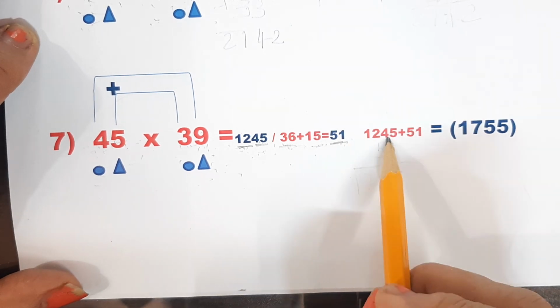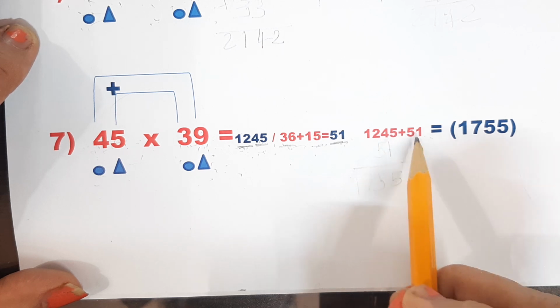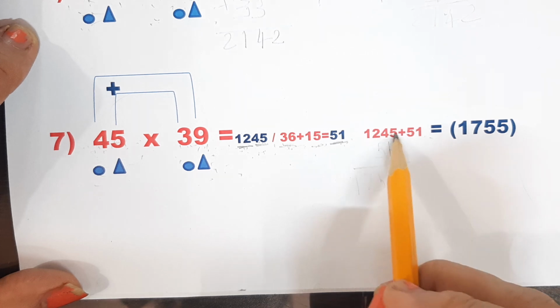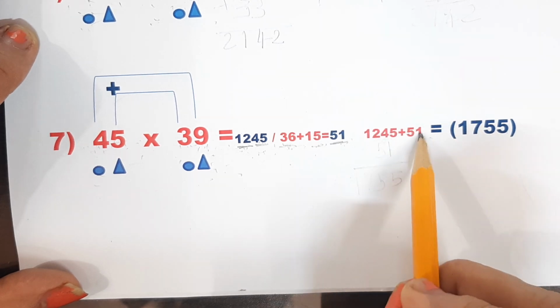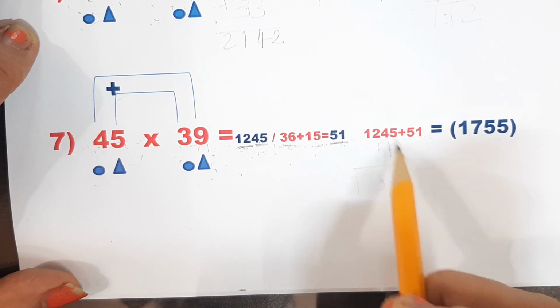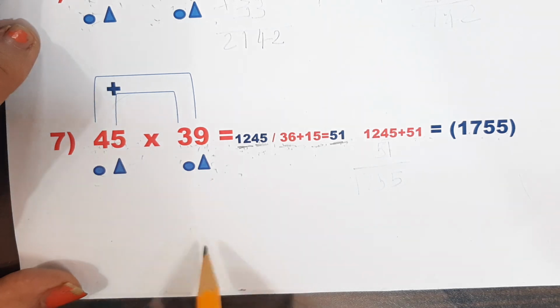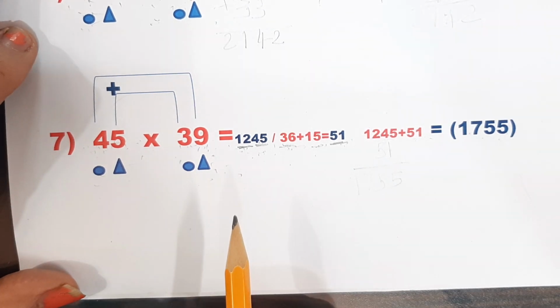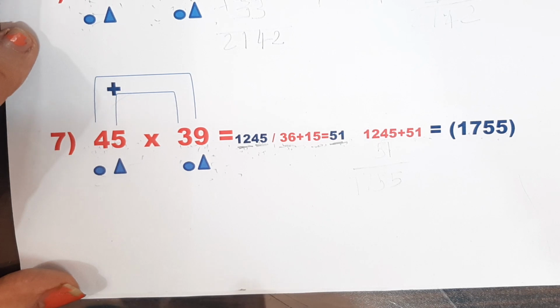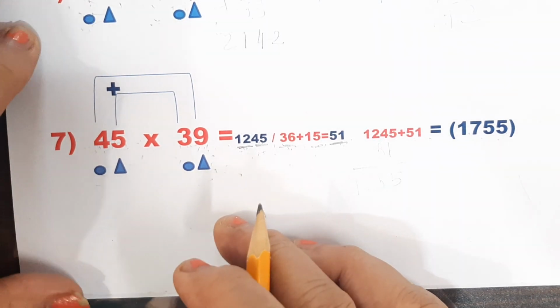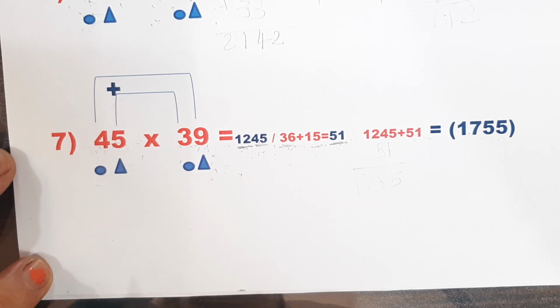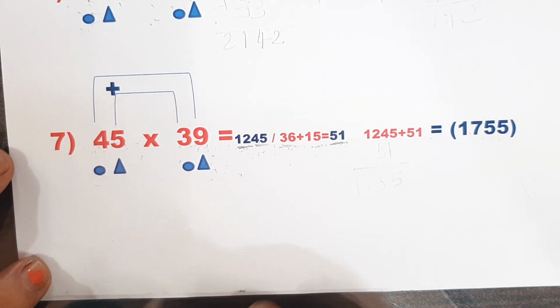You have to add both the figures, but your second figure starts from the upper second figure. Okay, upper second figure: 5 is 5, 4 plus 1 is 5, 2 plus 5 is 7 and 1 is 1. That is the answer. In the beginning you have to do it with paper and pen, and then start to do it mentally. For that you have to practice, then it will be very, very easy for you.